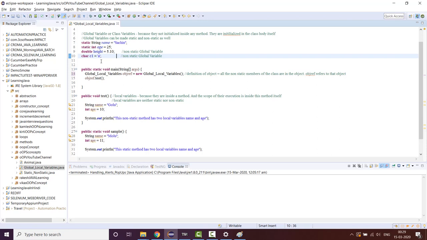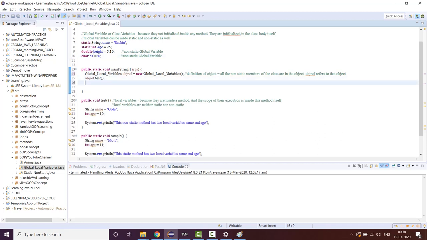But for non-static, there is no such rule. They can call any static or non-static directly without any problem, but static can call static. Please refer to my earlier videos and you can watch this. I have not coded anything or taken any printout of this particular video because I didn't feel the need to, but if you want, you can go ahead and try calling this